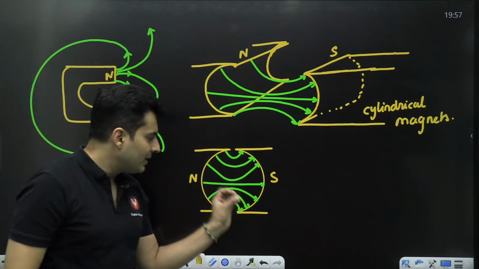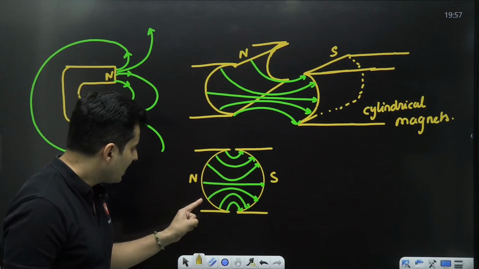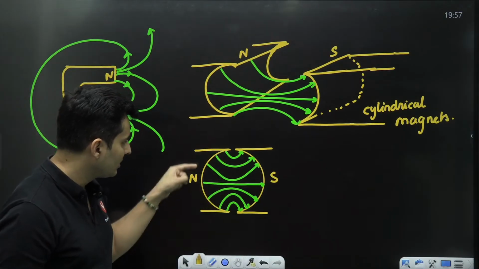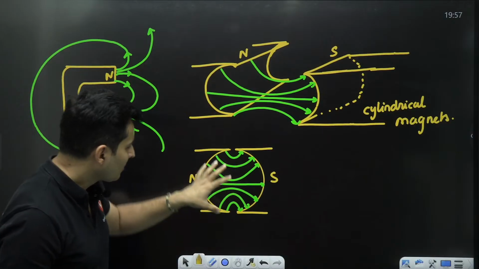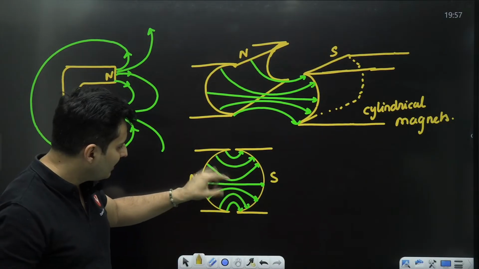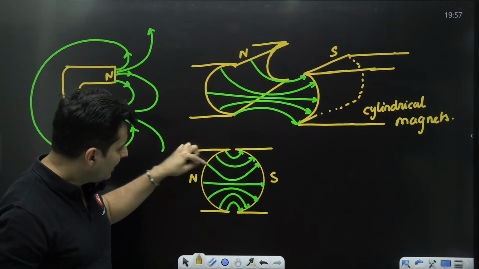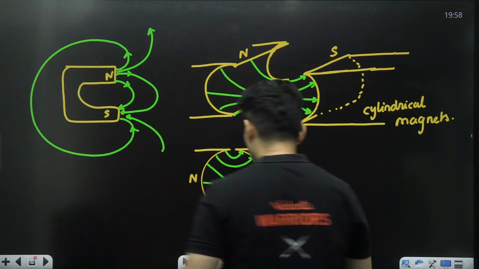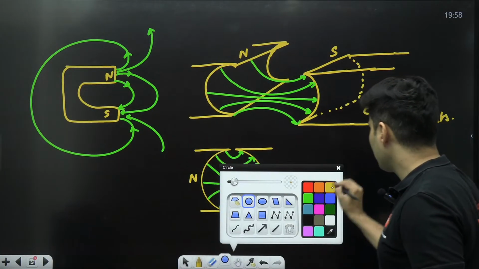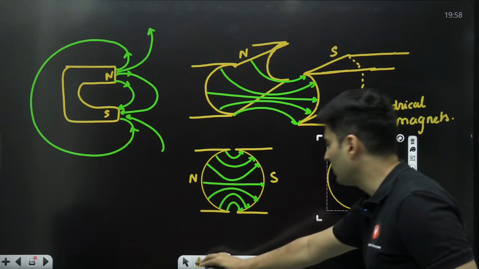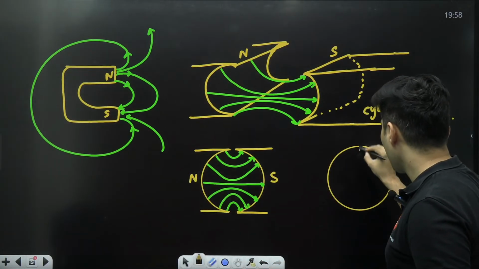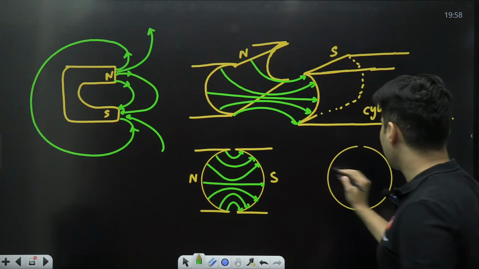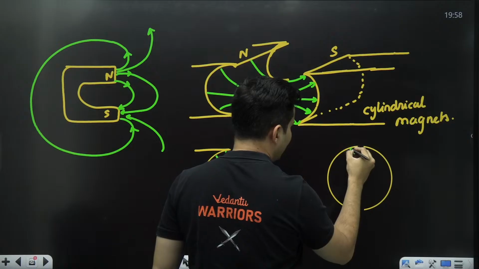Now this field is very interesting because, see, the magnetic field lines go like this, they turn. The magnetic field lines go like this, they go straight. They go like this and they turn. Approximately at the center, they are concentrated, and if you ignore the central part for most of the practical purposes, observe this carefully. Ignore that central part. If you just concentrate on the ends,